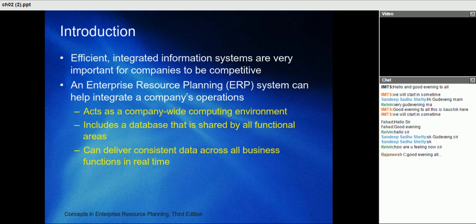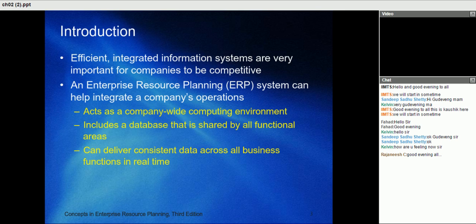As we all know, we have already taken up some classes on ERP before. Enterprise resource planning is nothing but integrating all the business functions together on one platform. As the term indicates, enterprise means you are talking about a company as a whole, the business as a whole. So whether you talk of IT, whether you talk of operations,